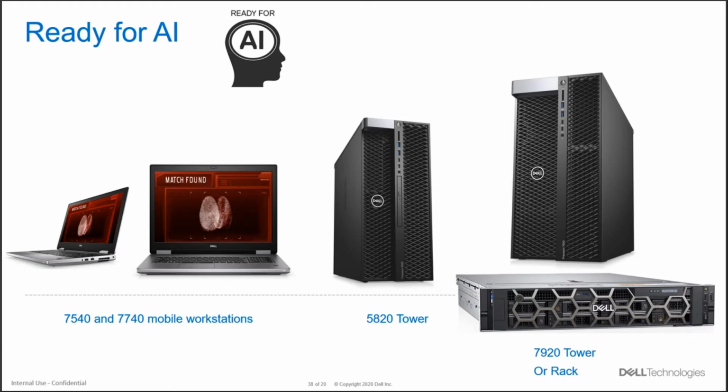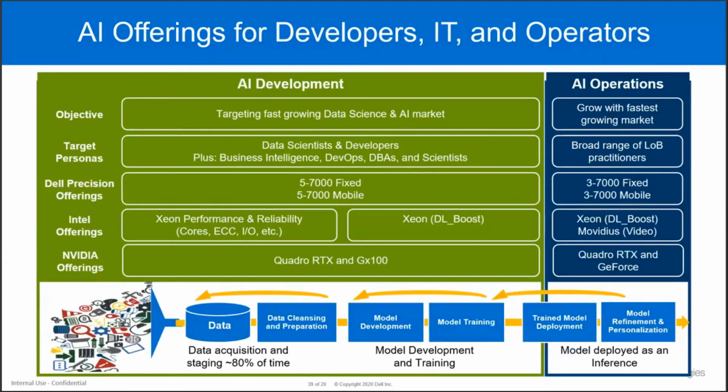On the development side, we have 7000 workstations, the 15-inch and 17-inch, the 7540, or 50, sorry, 7750, 5820, and the 7920 racks and towers. But this is another view of it, and sorry you don't get to have the pretty pictures. But for the most part, again, to finish up for AI development, you're trying to accommodate data scientists and developers, plus now business intelligence, DevOps, DBAs, and all these other folks. From a Dell perspective, we think that our 5000 to 7000 line of either fixed or mobile workstations, very big